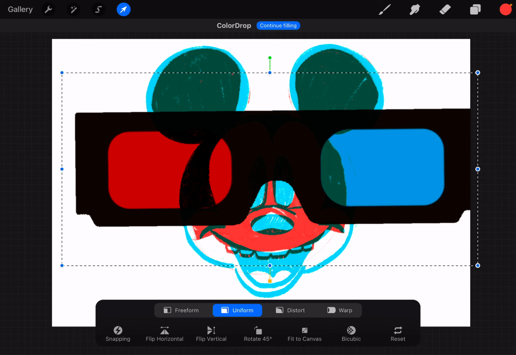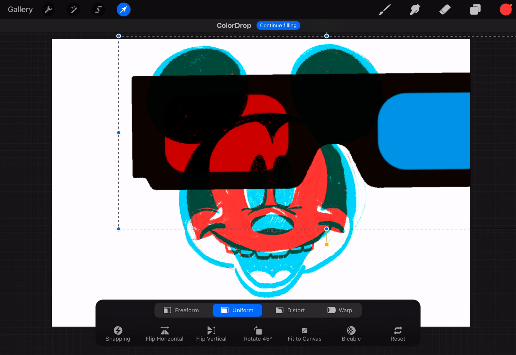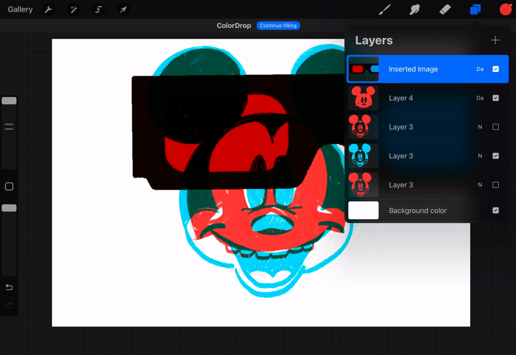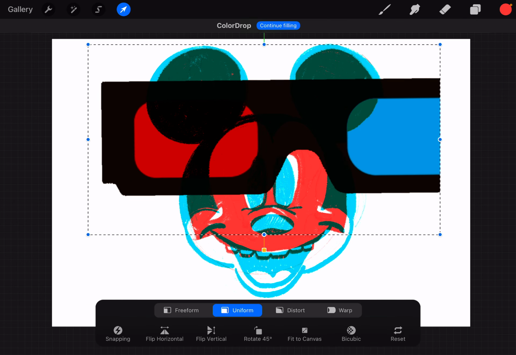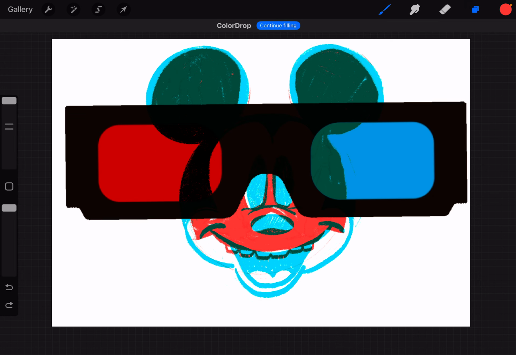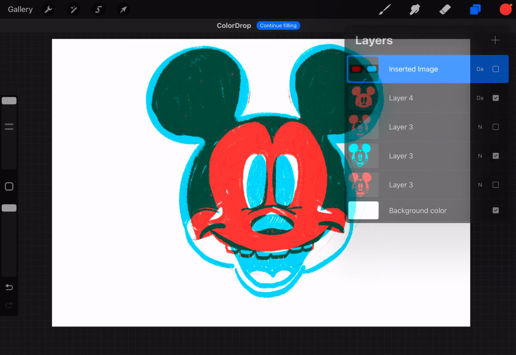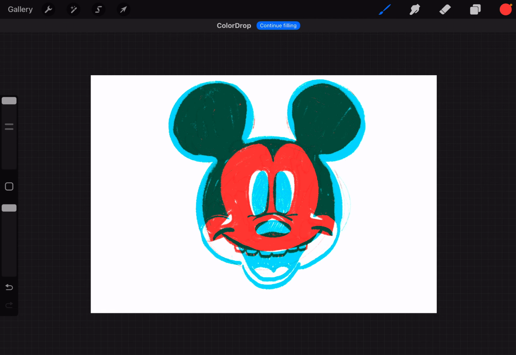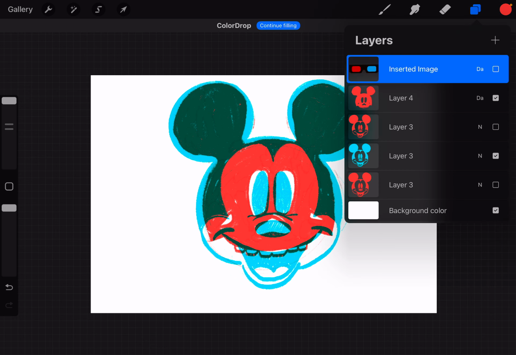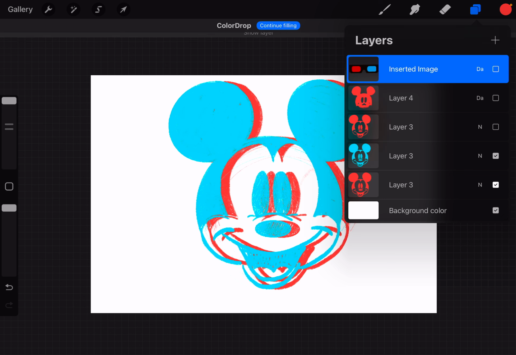Again, you'll use the transform tool to move it around. If you leave it hanging off the page and you get out of that transform, when you go to do it again, it will cut it off, so be aware of that. So I'm going to undo so that it's the right size. I'm just going to hide it when I don't need to use them. But you're going to come up with some kind of image or design that shows either the red-blue overlay with two different images or the red-blue overlay